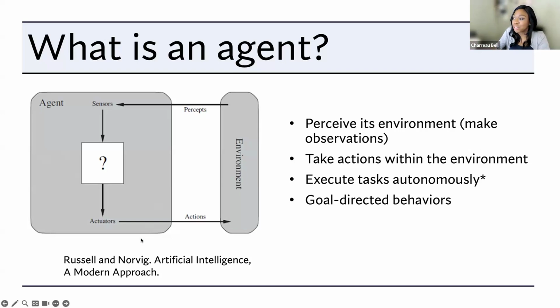So this is one of the diagrams, literally figure 2.1 in my very old version of the Russell and Norvig textbook. And it's basically showing what we think about as an agent, right? This is a very broad block diagram. This is really referring more to a robotic agent. But you can see we have an agent. There's some stuff in here in our agent, and it has some ways that it can interact with its environment. So it might be able to perceive its environment through something.